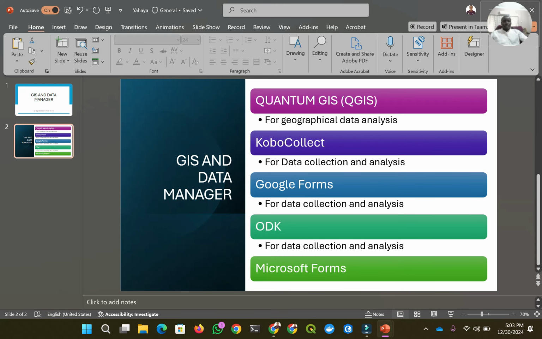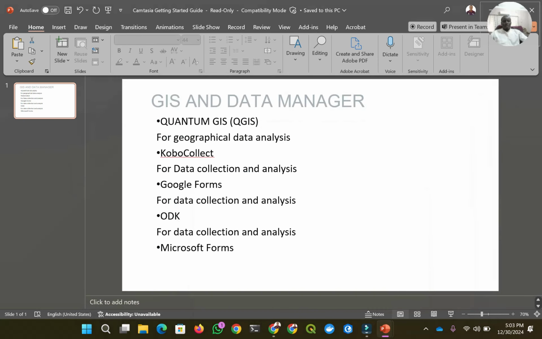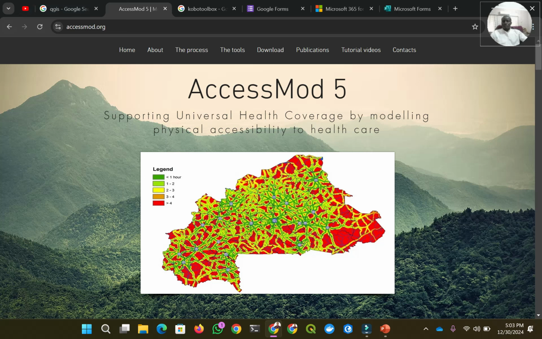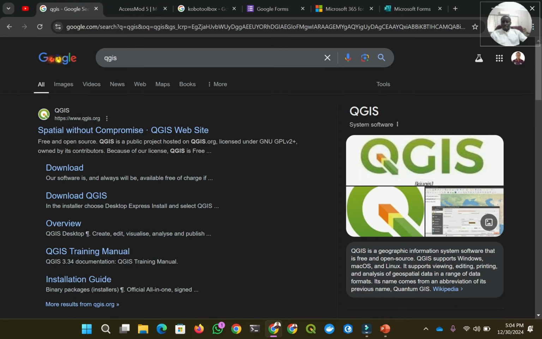Then from here, we'll be looking at those tools in action. There's a bonus tool here called Access Mode that I would take you guys through, in case you are in health and particularly want to explore more, then this is what you need. Then, as I said, QGIS